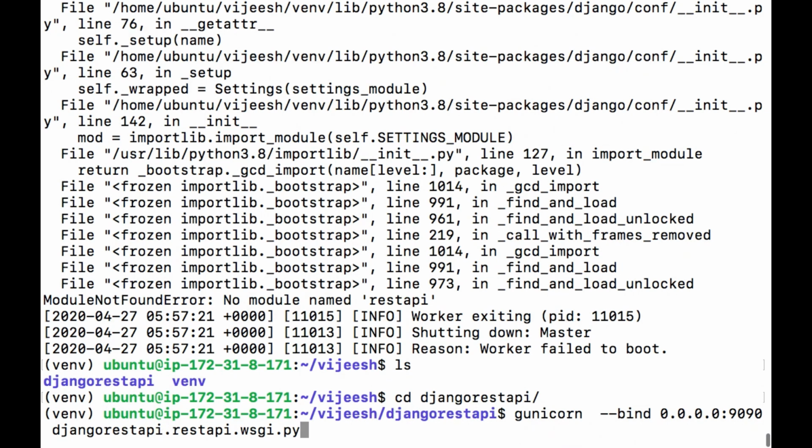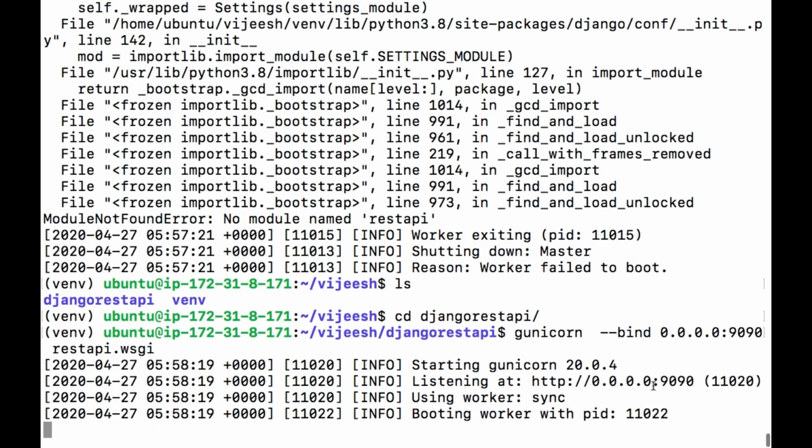So we have no need to provide Django REST API. REST API dot WSGI, no need to provide the .py here. Okay, Gunicorn connects to Django with this particular WSGI interface provided by Django. Okay, now our Gunicorn server is running.